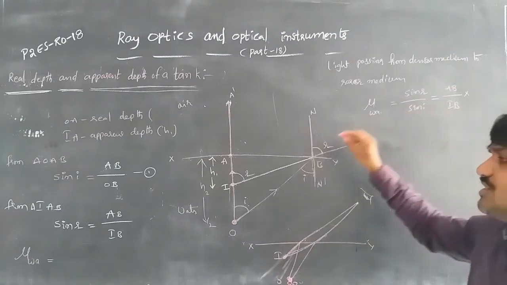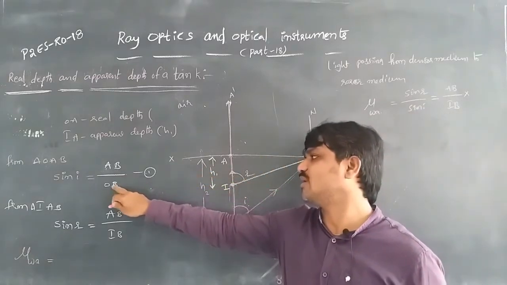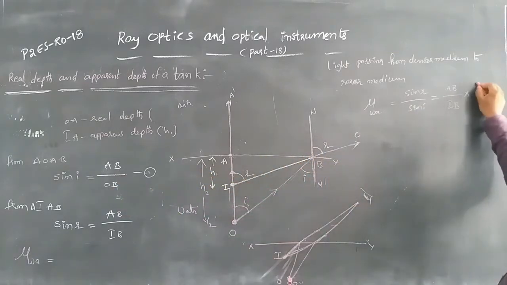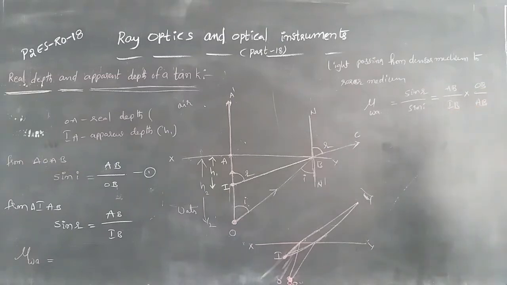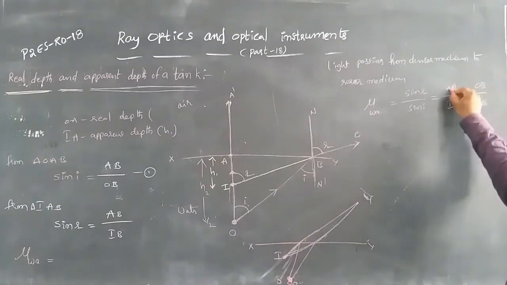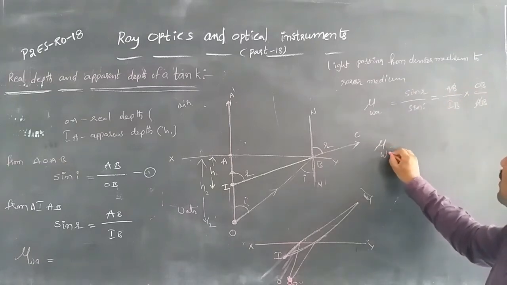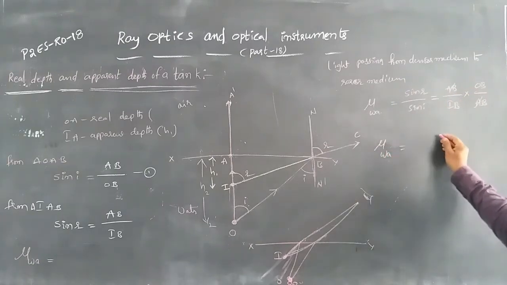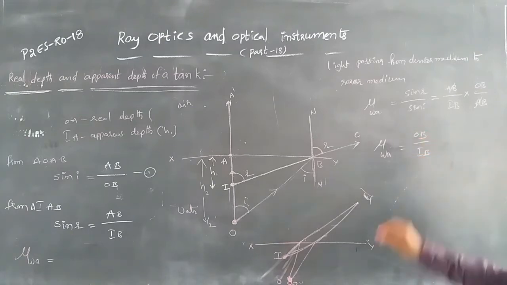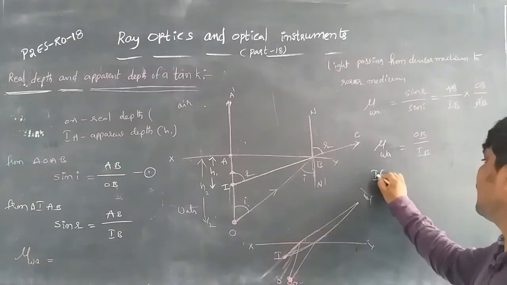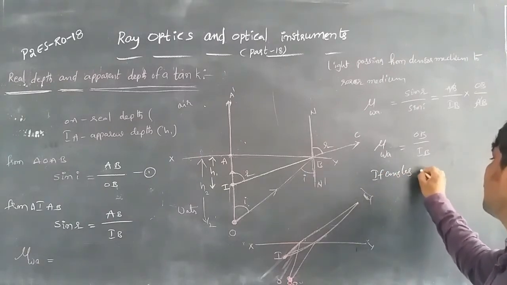Sin i is AB by OB. So we can write OB by AB. Then here AB gets cancelled, and the refractive index of air with respect to water is OB by IB. If the incident and refracted angles are very small,